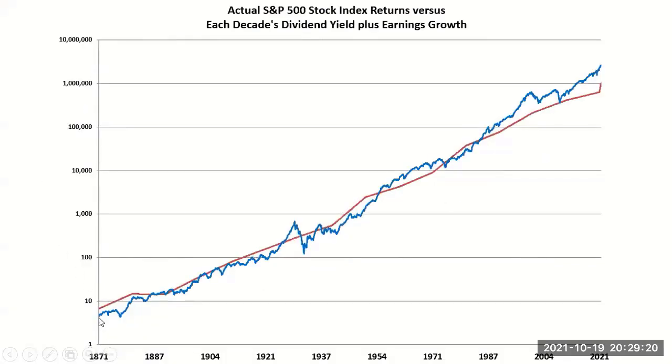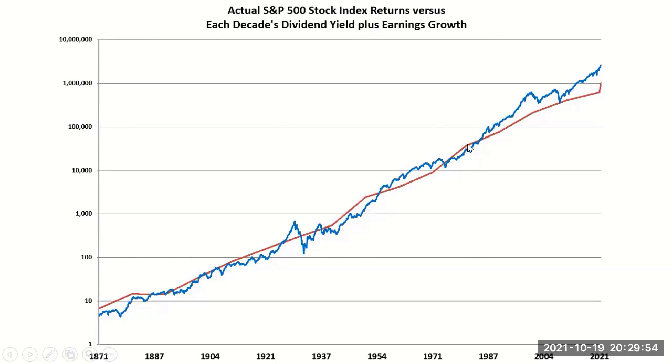Anytime you see 1871, whom do you think of? Robert Shiller, right? Robert Shiller's data is out there for free in an Excel spreadsheet. He's a now Nobel Prize winning economist. So I used his data. I don't know where he got the S&P 500 in 1871, but somehow he came up with it. I don't even know what stocks would be in the S&P 500 back then. That's coming right out of the Civil War. And so I took the actual S&P 500 using his data up until the time I actually got the actual numbers, and then I put the actual S&P in there, which he did as well.